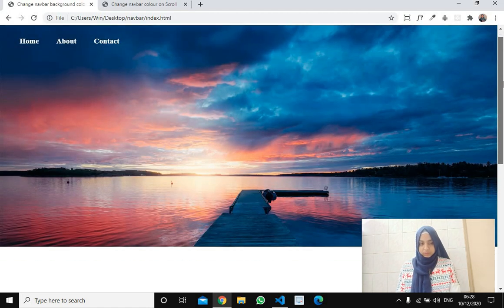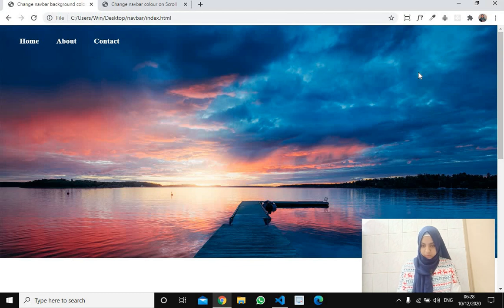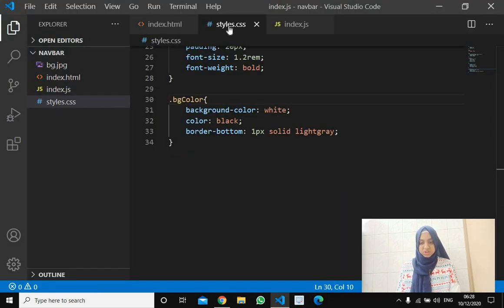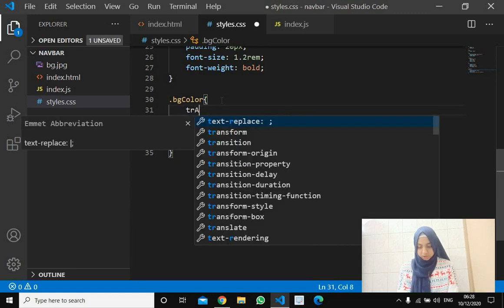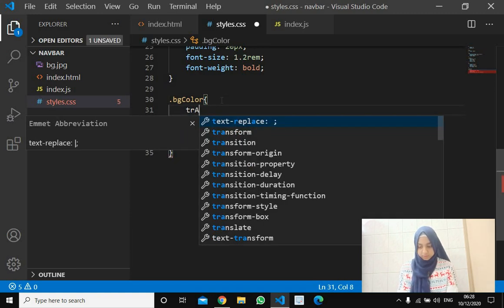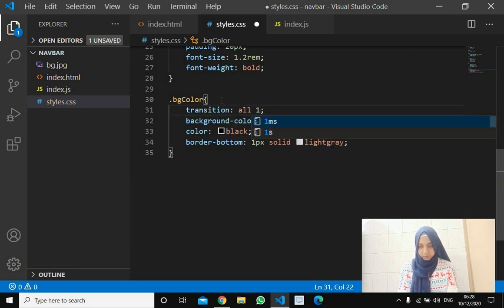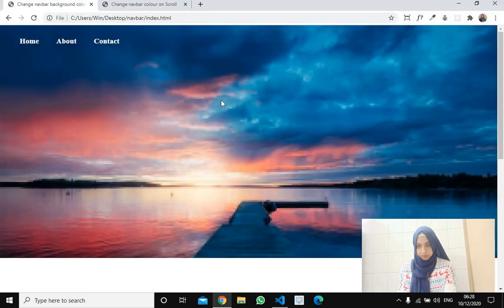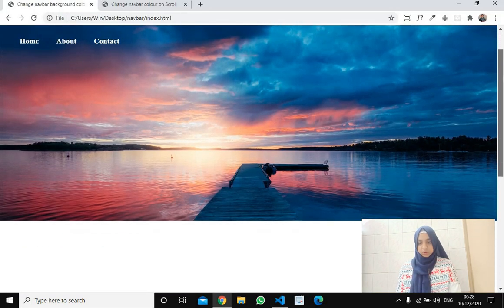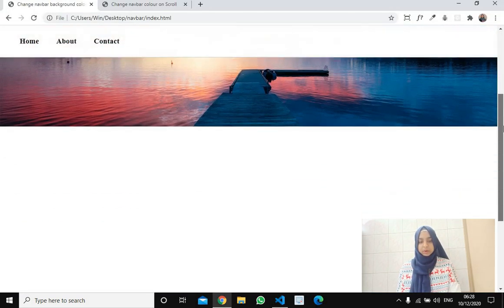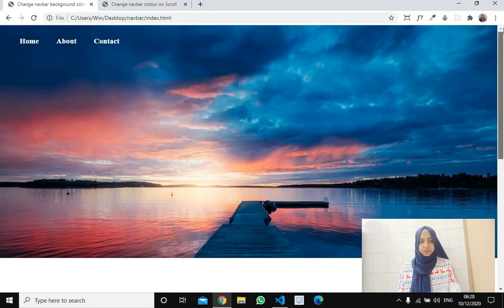This changes very quickly, so if we want that effect to be smoother, we can give the class bg color some transition of, say, 1 second. Now when you scroll, you can see how smoothly the background color of our navbar changes.